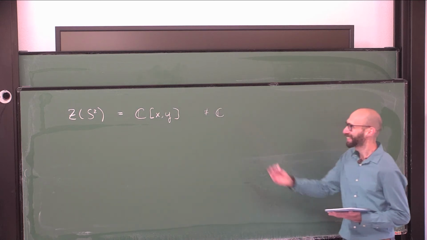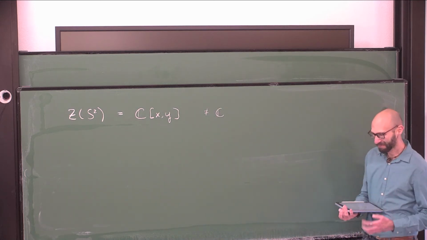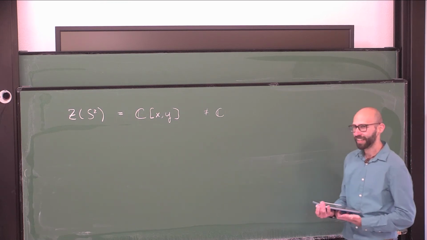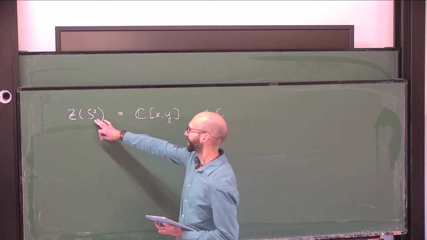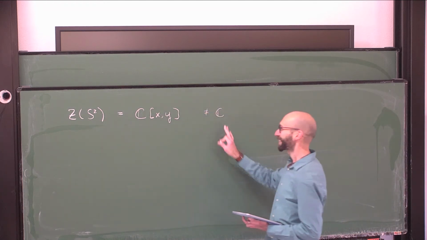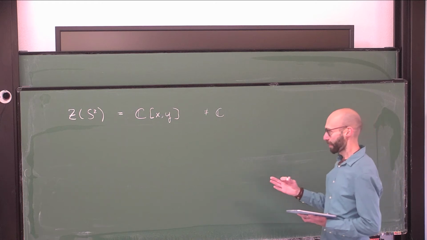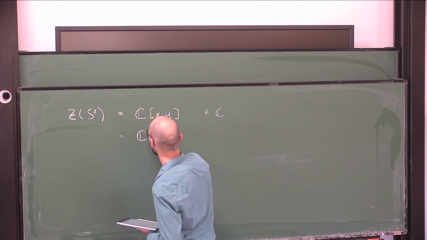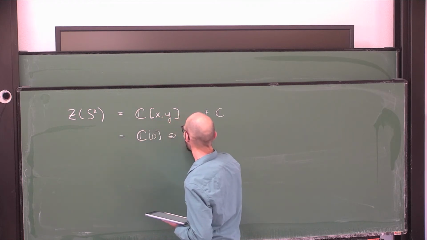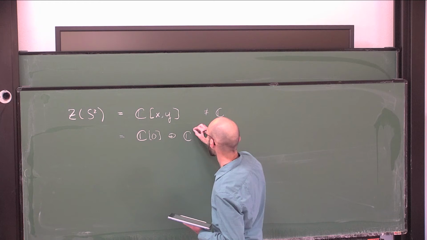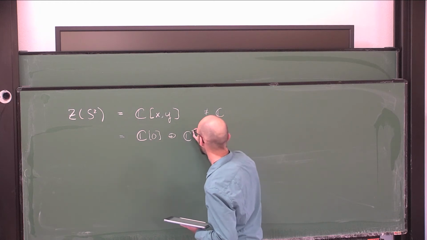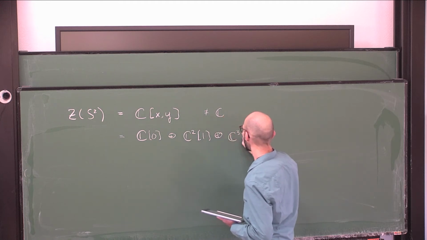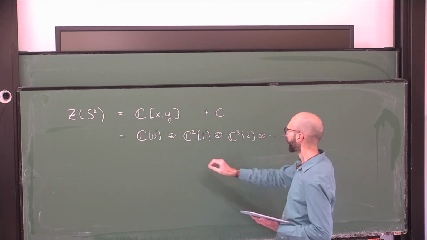Which you would expect in a well-behaved TQFT, that you can just cut out a solid sphere and not do anything to your 3-manifold. One usually wants the Hilbert space of the 2-sphere to be C. And it's not C, it's not even finite dimensional. But if we think of this as a graded space, it is C in degree 0, and then C2 in degree 1, and C3 in degree 2. And I may have my shifts off by sign, but